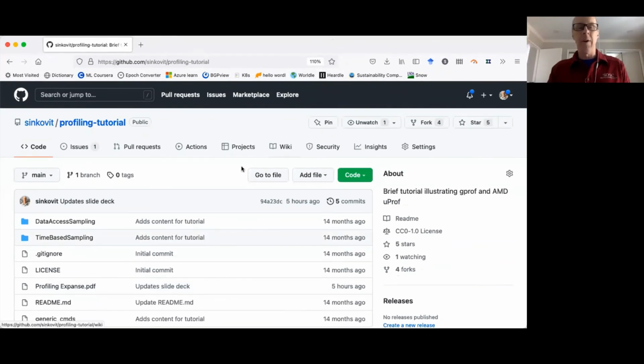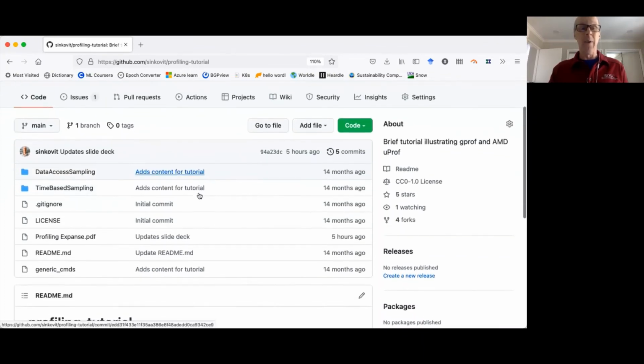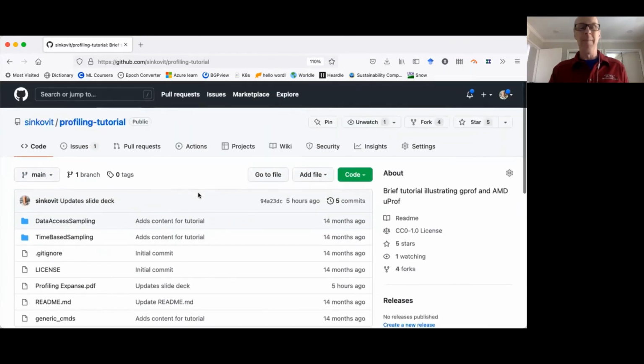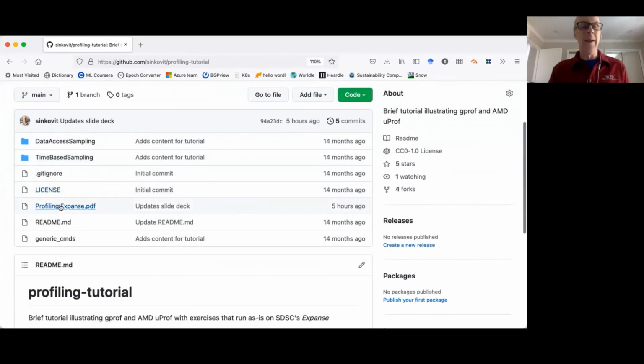Okay, so you should all be seeing my browser. I went into my profiling tutorial. You see there's a README, just a few words in there. I have the slide deck, which I just used today, and I updated that earlier this morning. So what I presented is consistent with what's in my repo.